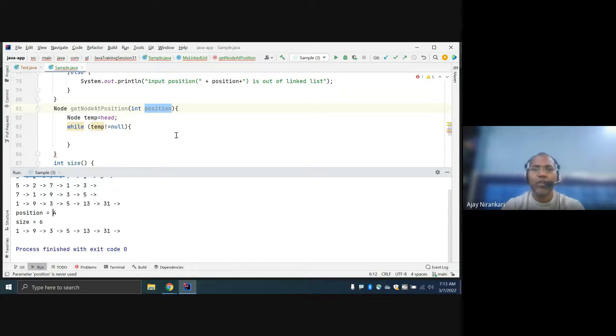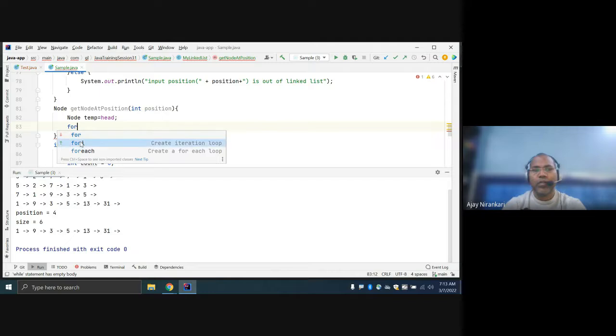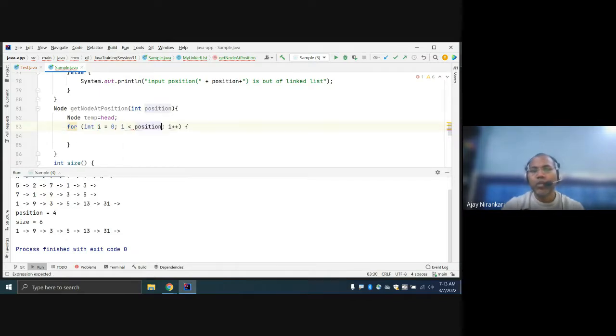So instead of a while loop, here we can use, as usual, a for loop. For loop less than your position. You don't run your loop till the end of the linked list. You know this is the fourth position, they want this fourth node only.